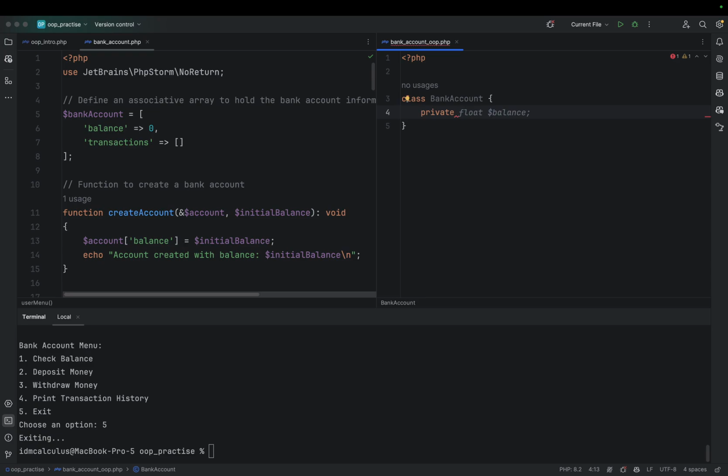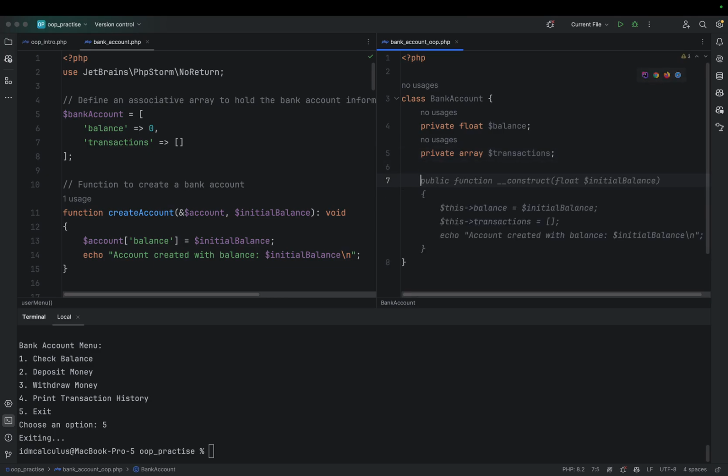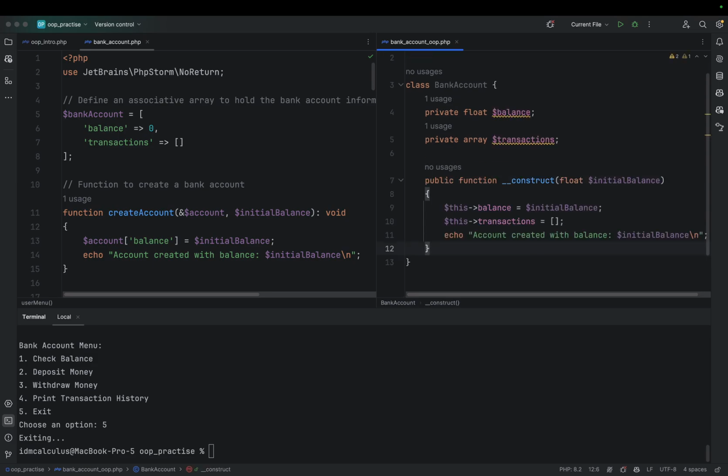It's showing float. Yes, private balance, and then the transactions, just showing the type, and then we create the constructor. Basically